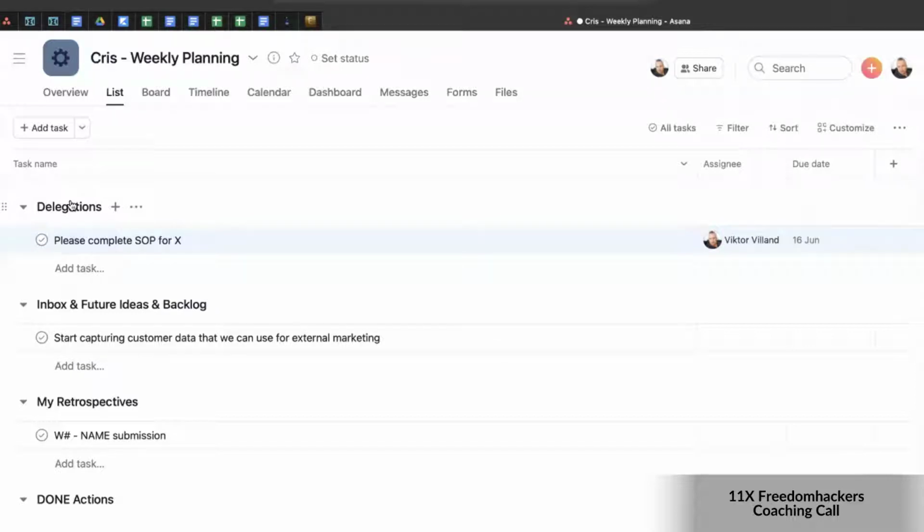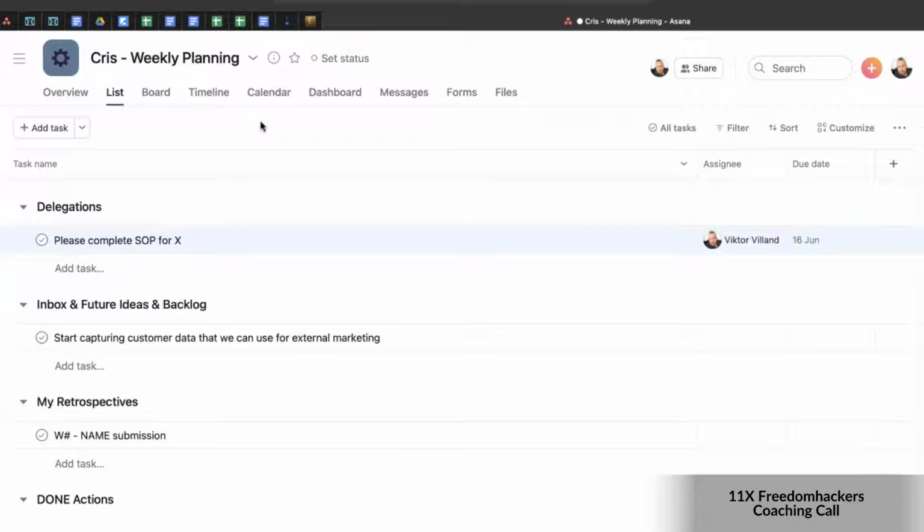If I just delegate using Skype or Slack, what's going to happen? Nothing. It might be buried down in the messages, and next thing you know, the person didn't even receive it. They acknowledged it, but they forgot it. And if things are not written down, next thing you know, they're not done. So that's why the number one rule for delegation is to make sure it's written somewhere